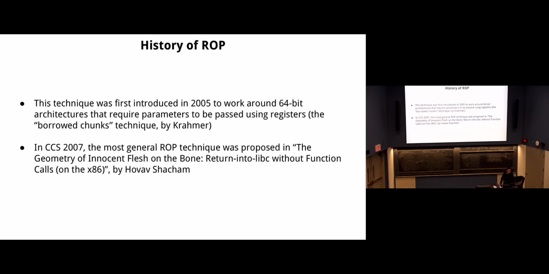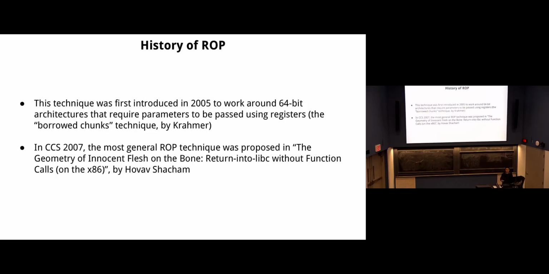So this guy published a paper in CCS 2007. CCS is one of the four top conferences. Actually, this year CCS will be next week. Not next week, this week. Actually, I'm leaving for CCS tomorrow. It will be in California this year. So in 2007, he published this paper called The Geometry of Innocent Flesh on the Bone: Return-into-libc without Function Calls on the x86. In this paper, which you are going to read this week,